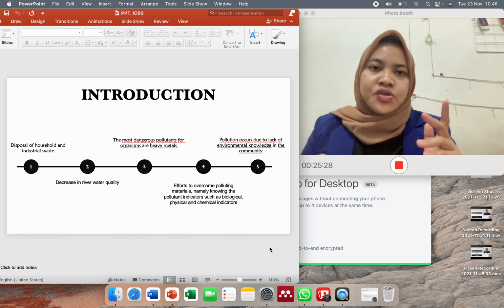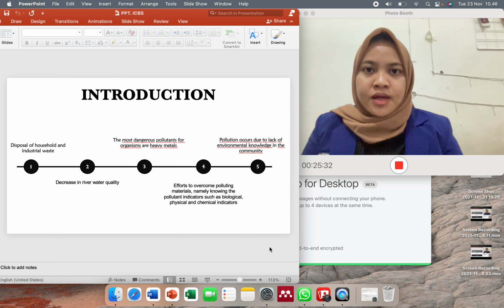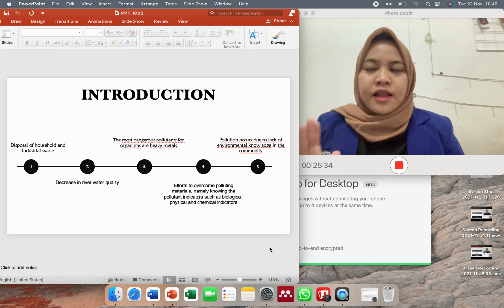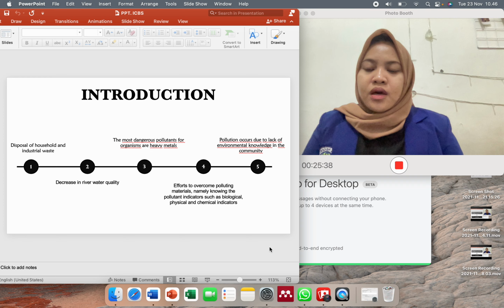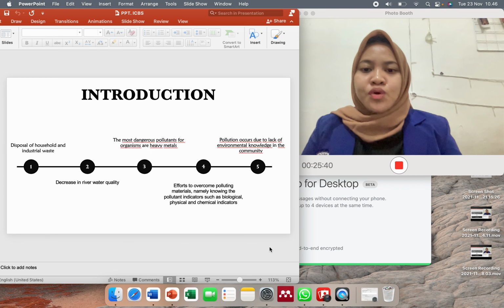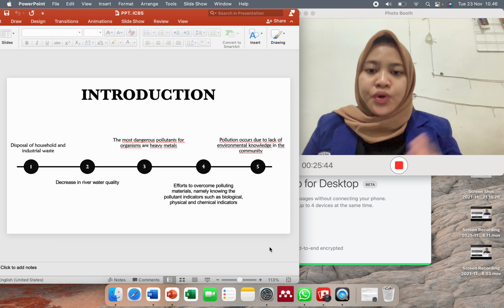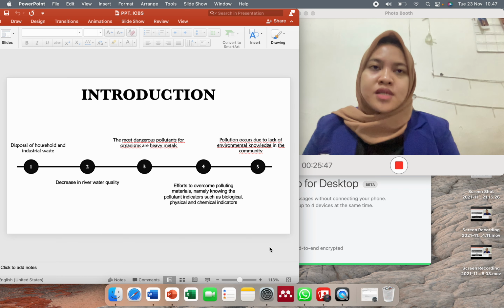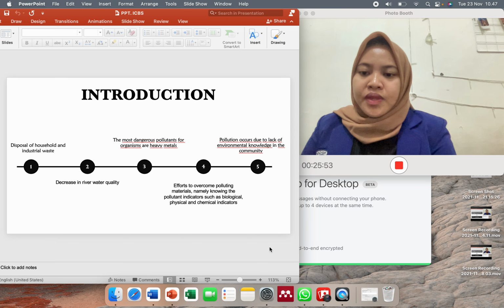One of the most dangerous pollutants for organisms is heavy metals like cadmium and lead. One effort to overcome pollutant material is knowing the pollutant indicators, such as biological indicators, chemical indicators, and physical indicators.